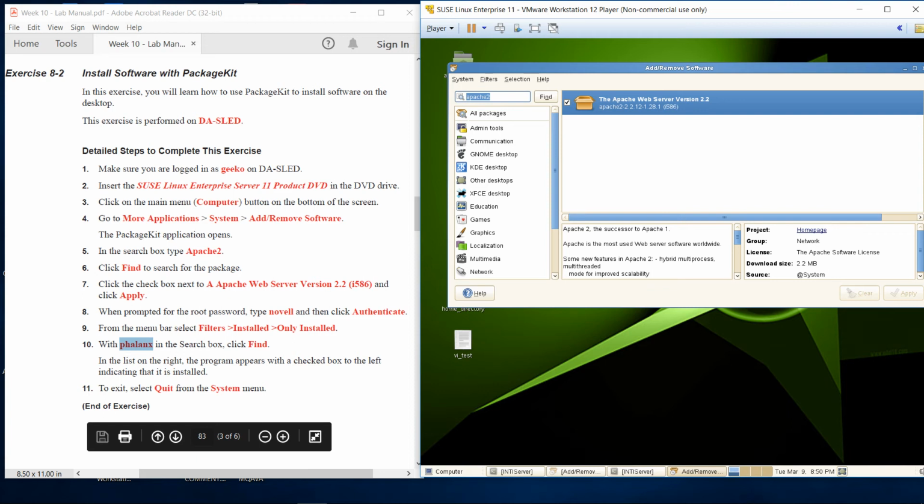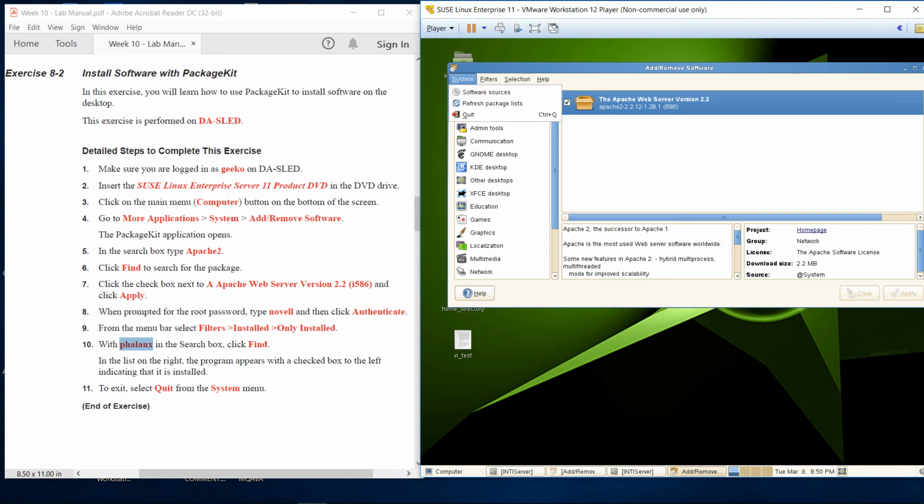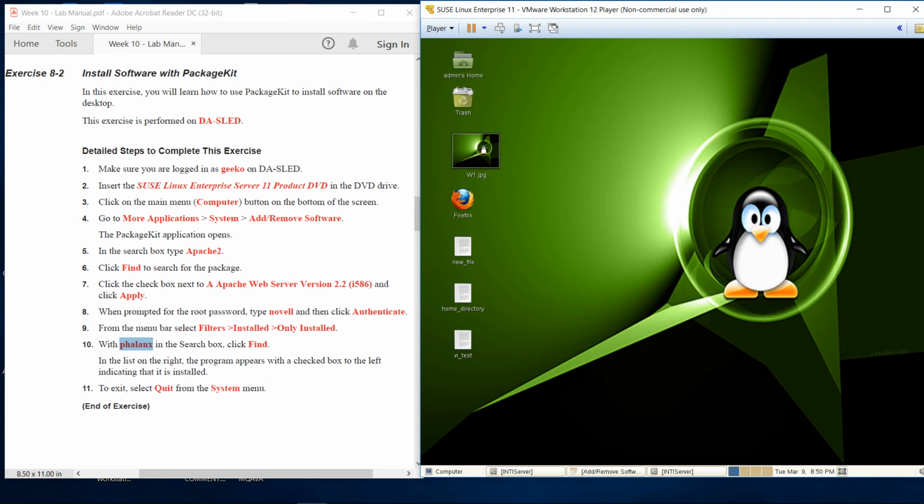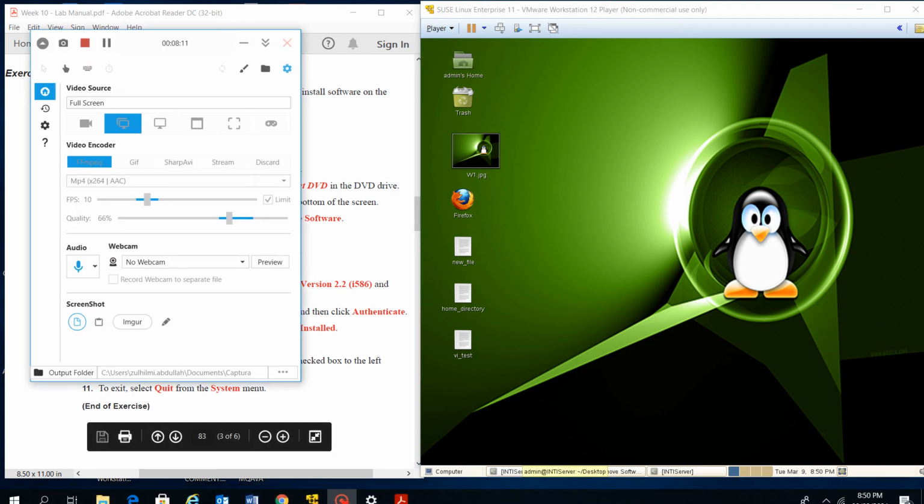Then in the list on the right, the program appears with a checkbox to the left indicating that it's installed. This is the one that we installed. Then to exit, select Quit from the System menu. That's all for installing the software from PackageKit. That's all for today. Thank you. Have a nice